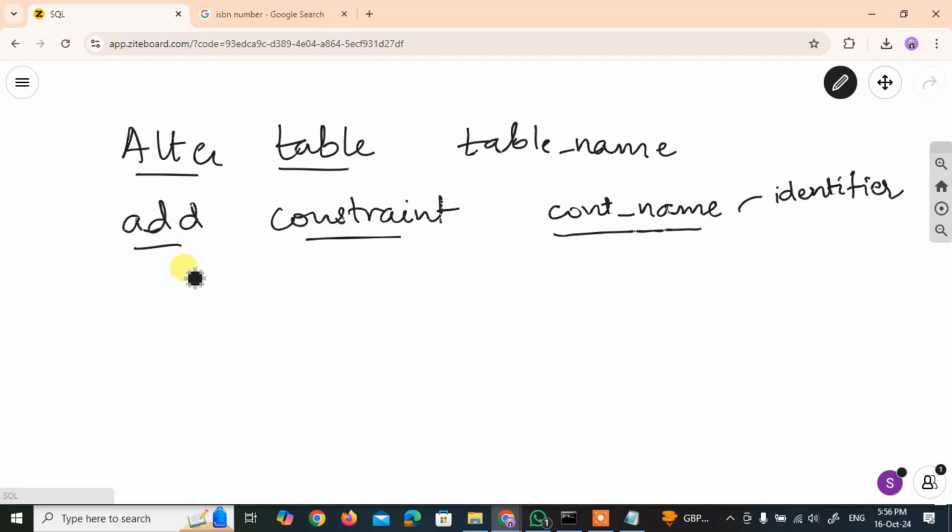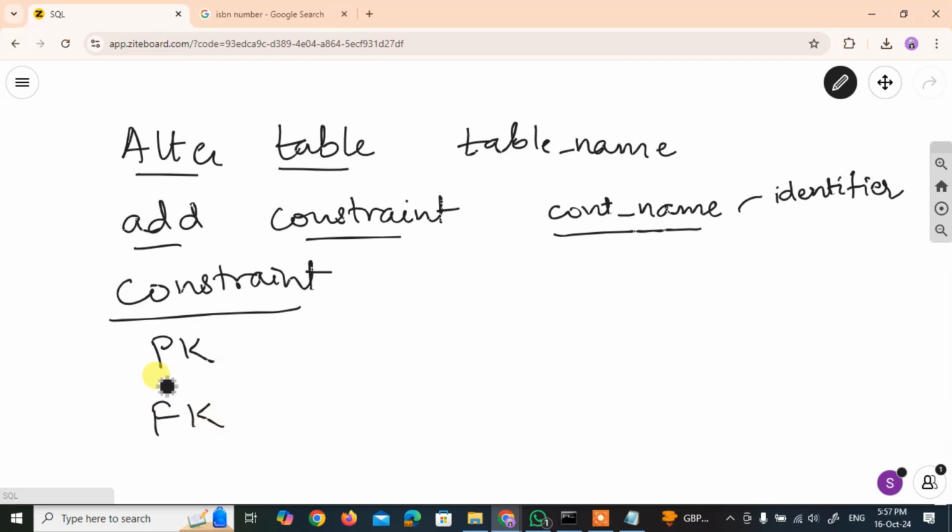Now next you will mention the constraint itself. That means, am I talking about primary key? Am I talking about foreign key? This is what we will mention over here. Next, if it is a primary key, we mention the column name and my command is over.